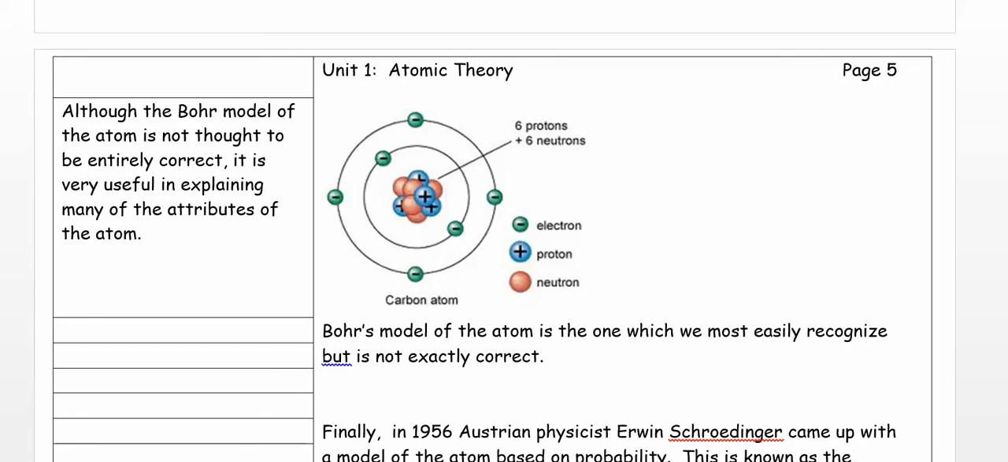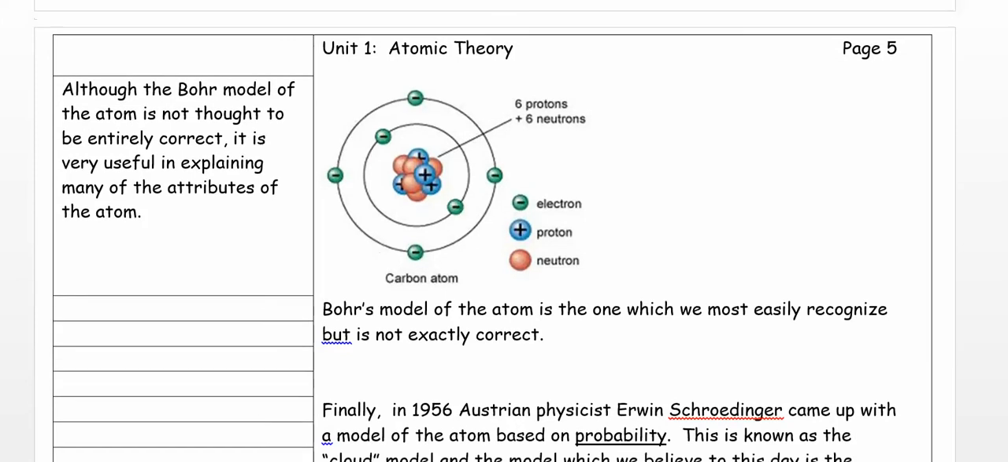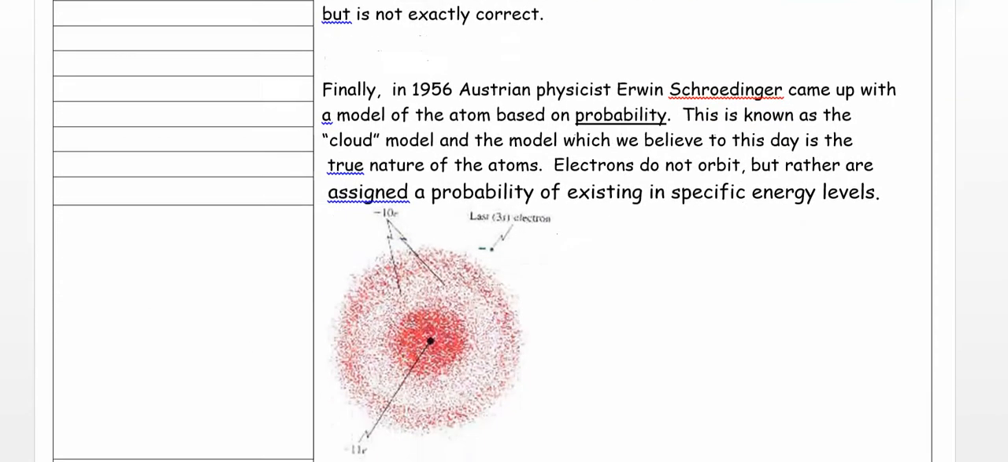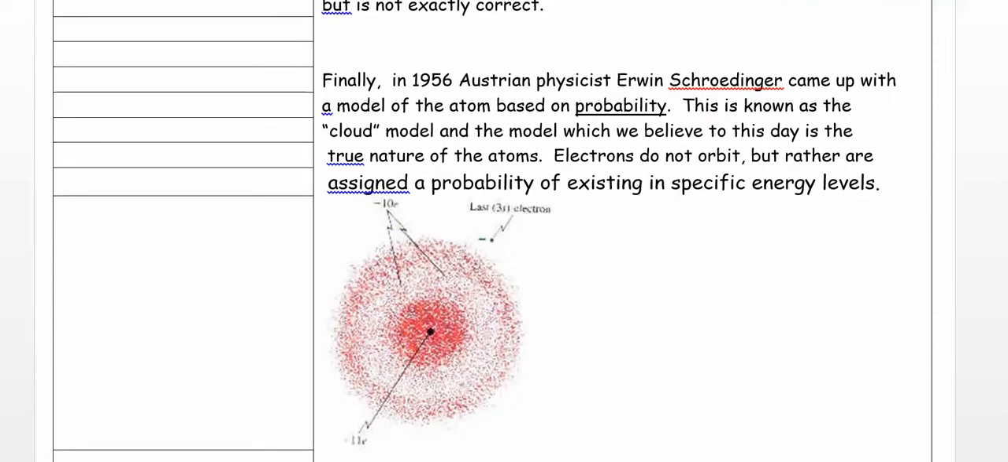In 1956, Austrian physicist Erwin Schrödinger came along with a model of the atom based on probability. This is known as the cloud model of the atom, which we believe to this day is the true nature of atoms. Electrons do not orbit, according to Schrödinger, but rather they are assigned a probability of existing in a certain specific energy level. So in the same way that, for example,